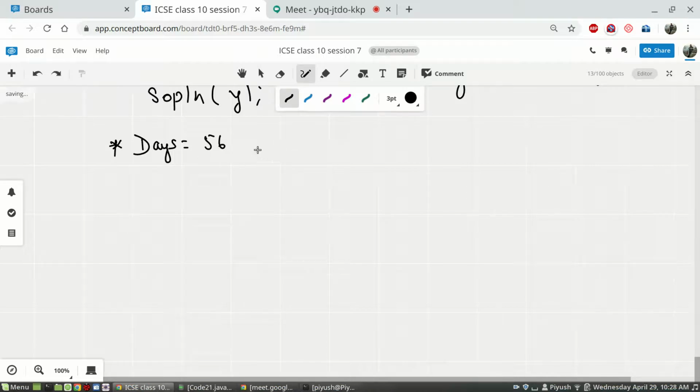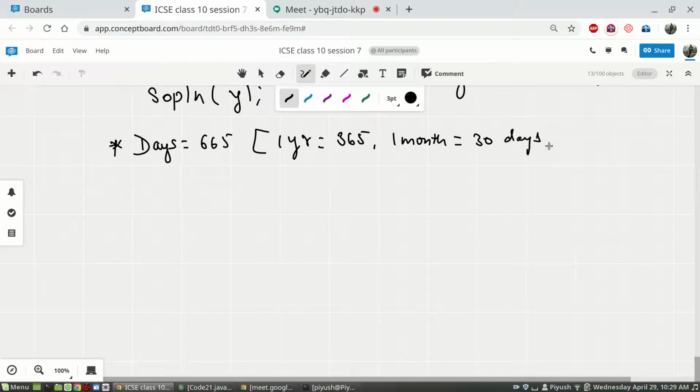Or rather, we'll take 665, and a few things were asked to assume. What was asked to assume? 1 year is equal to 365 days, and each month in every year will contain 30 days. Of course, it is known that 1 week is equal to 7 days.